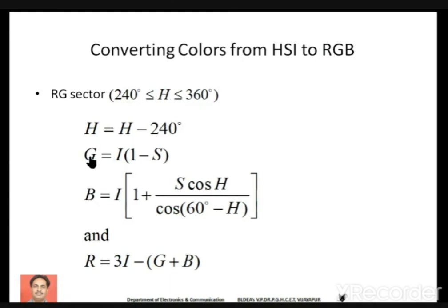Similarly, if H is between 240 degree and 360 degree, first you carry out H equal to H minus 240, then again you calculate RGB values by rotation of these formulas. Okay. Students, you can expect even numericals based on these topics. You might be given with